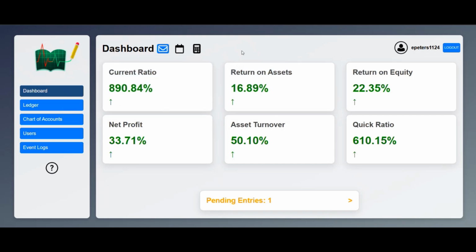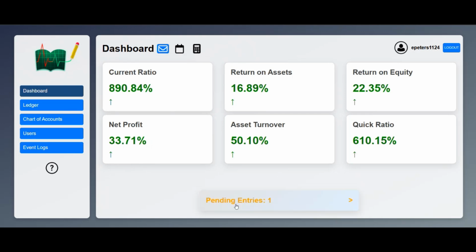On top of the CSS animations, we just made a color coordinated system where the ratios in good standing are in green. The ratios on the verge of good and bad standing are in yellow. Those are the ones that the accountants need to look out for. And the ratios in bad standings, which need to be fixed immediately, are the ones in red. Additionally, we have also added another visual indicator with the arrows, which just goes along with the colors. So green is pointing up, yellow is pointing to the right, and red is pointing down. There is another